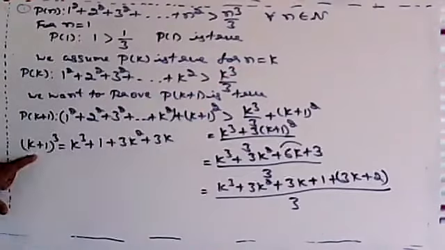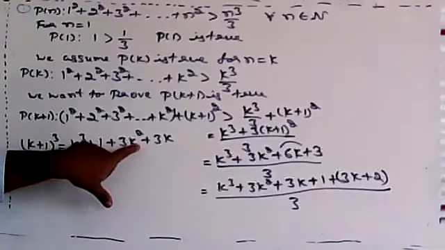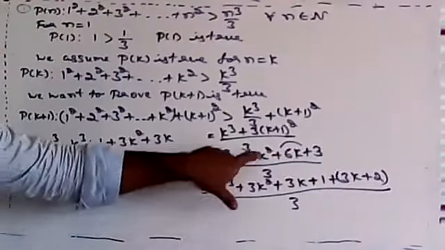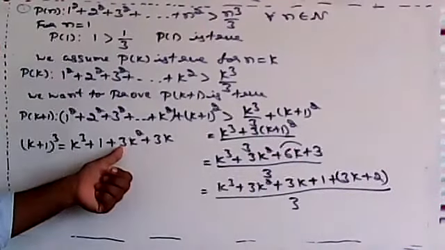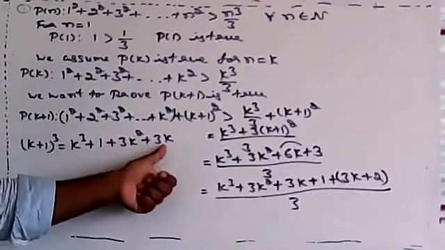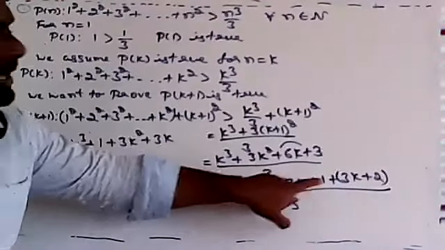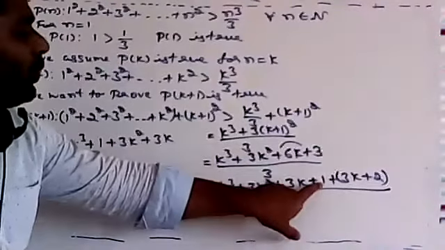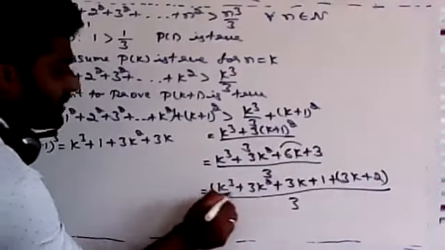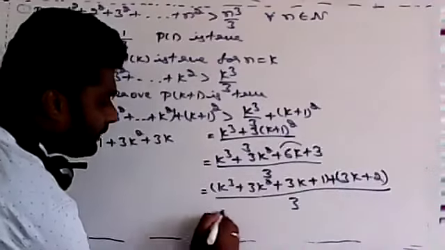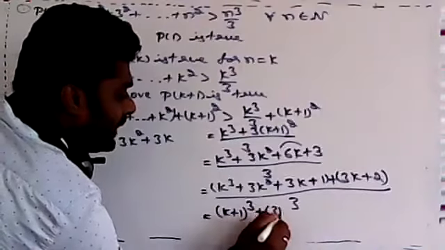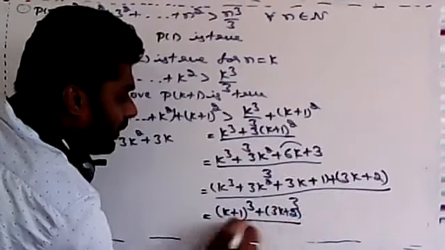So just expand k cube plus 1 plus 3k square plus 3k I want. So this one rearrange that one k cube plus 3k square. Next I want to get a k plus 1 the whole cube, 3k I want. So 6k I'm writing as 3k plus 3k, and next I want 1 here. So I'm writing 3 as 1 plus 2. So this portion we can write as k plus 1 the whole cube plus 3k plus 2 by 3.